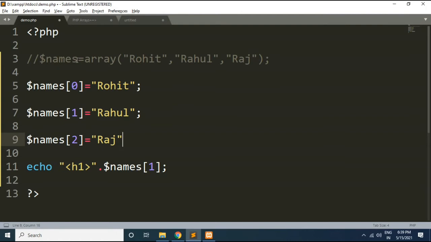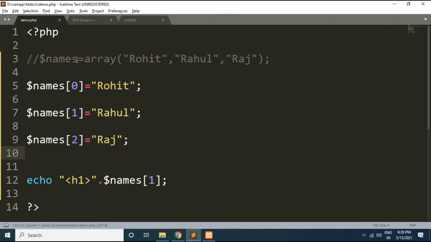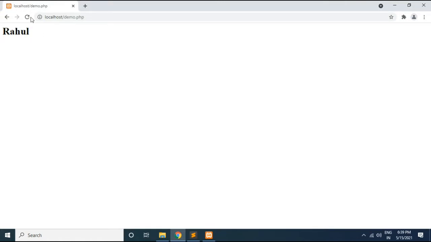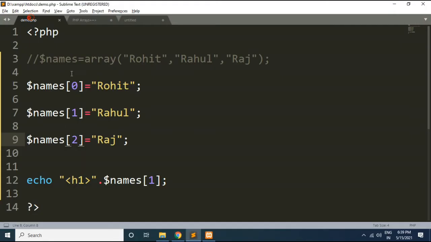This is an alternative way to initialize the names array by referring to the index value like this. Okay, if we go and refresh, you will get the same result. Okay, so both are parallel to each other. Whichever way will be comfortable for you, you can go with that way. Okay, that is how we can use an index or numeric array, where we store array elements directly.